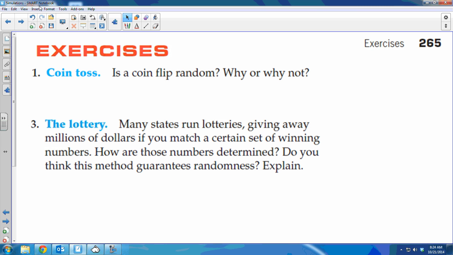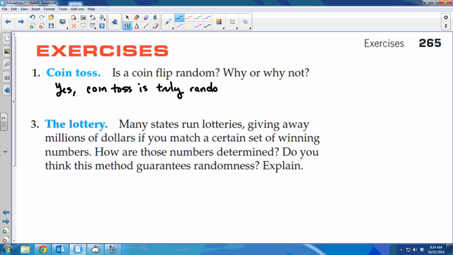Number one, is a coin flip random? Why or why not? So is a coin flip really random? Yes, a coin flip is a truly random event. A truly random event cannot be predicted, right? In an equation. It's truly random. Because the outcome